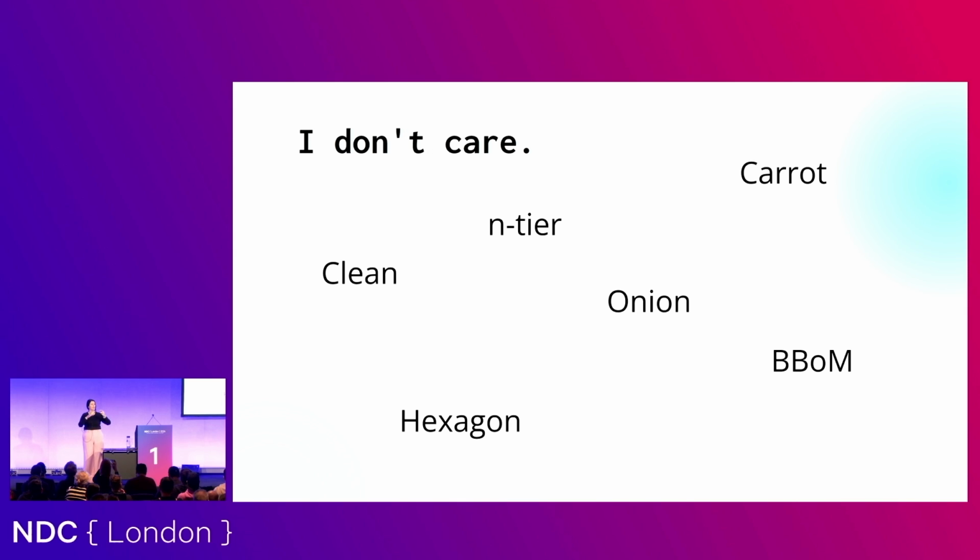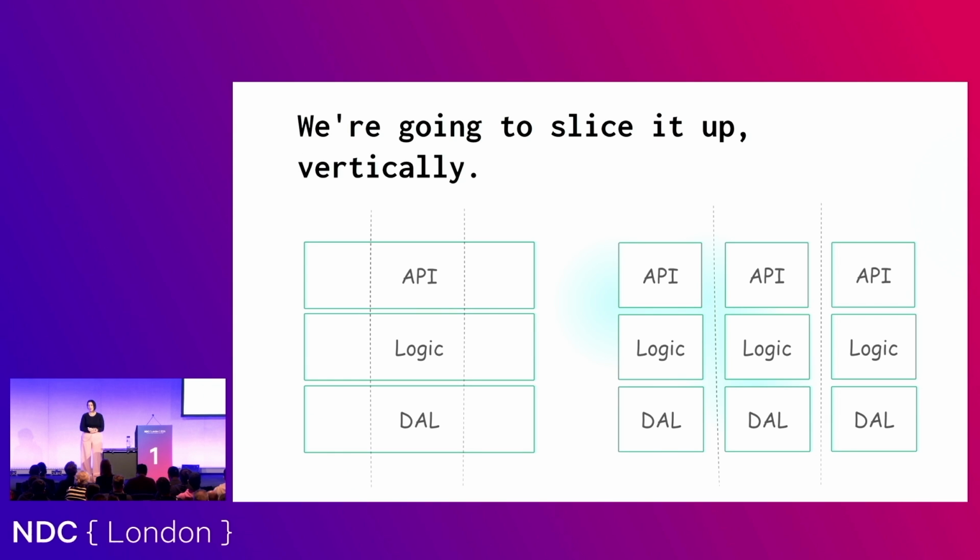You can think about it however you want. I'm not going to tell you what architecture to use. Just start thinking about how you could apply these principles to whatever you're doing. I will use n-tier as an example because I think most people will be familiar with that style of architecture. So if you think about your multiple tiers here, we're going to divide them up into our modules. And in those modules, they probably have the API, the business logic, all of their data access.